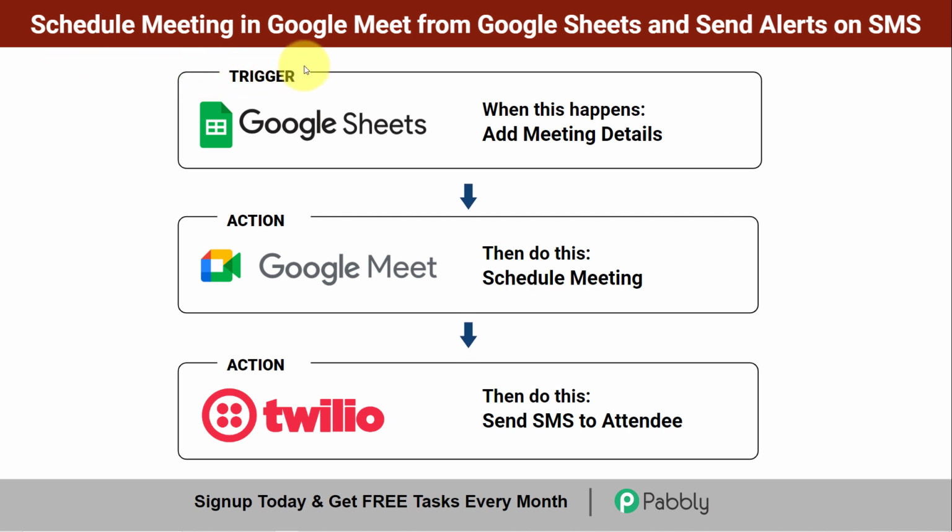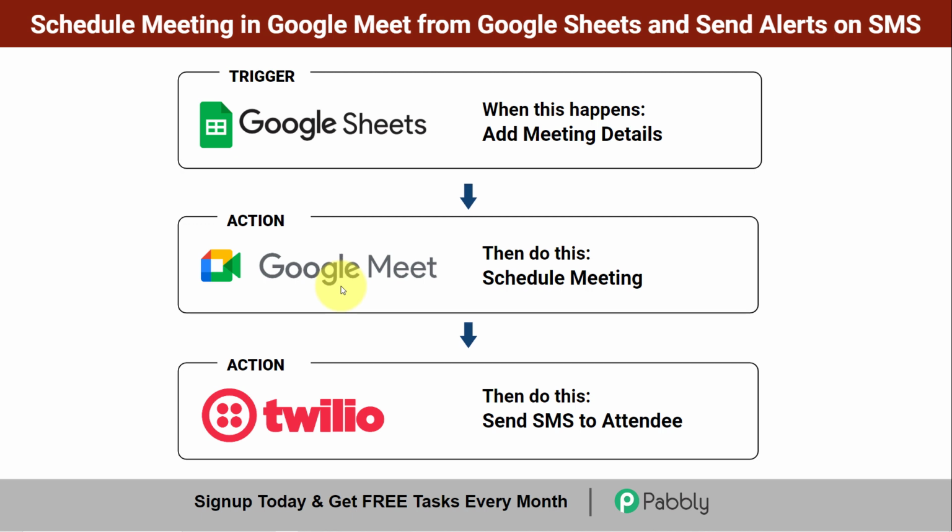How to schedule meeting in Google Meet from Google Sheets and send meeting alerts on SMS automatically. So assume that you'll have to attend a lot of meetings in upcoming days and months, and you have noted down all your meeting details into the spreadsheet. Now you will have to schedule all those meetings in advance into the Google Meet software with the help of